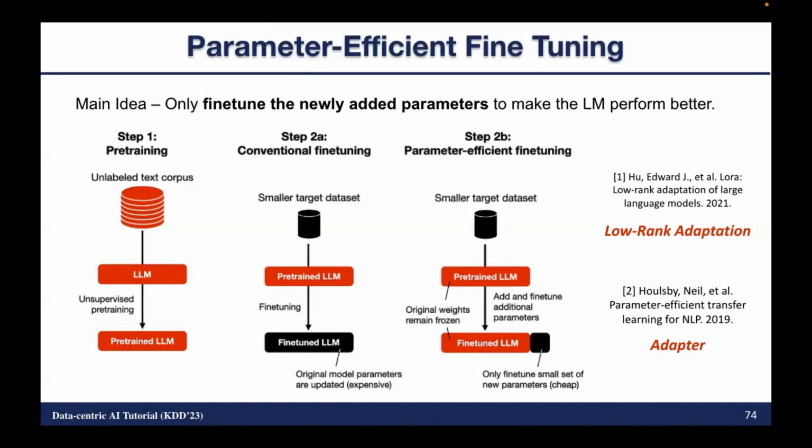In my opinion, the two most important works in parameter efficient tuning are, first, LoRA. I give some technical details here, but LoRA basically has a much smaller model appended to the original model body. They fix the original LLM and only tune the small model appended to the model body. And this is tested to have very good performance